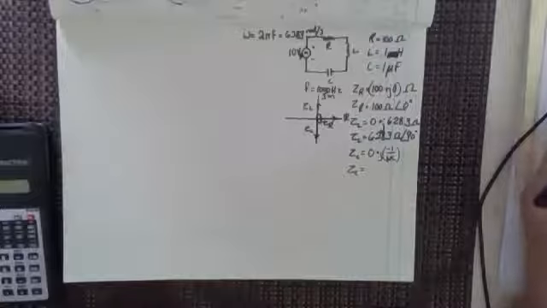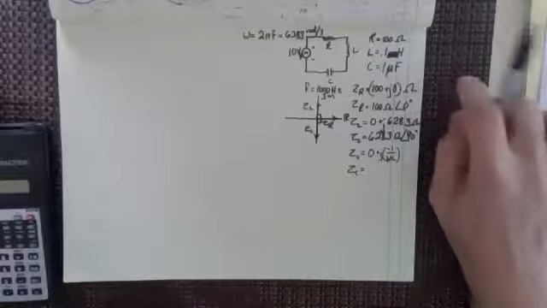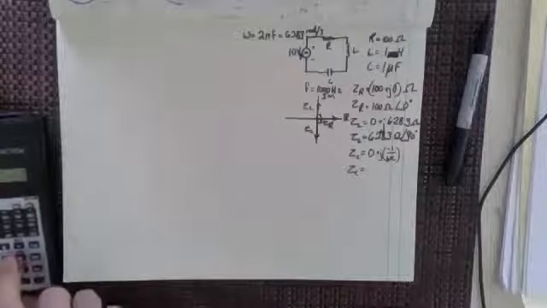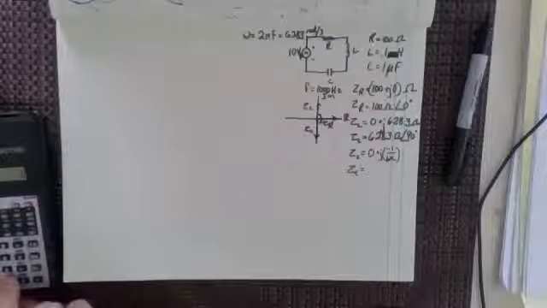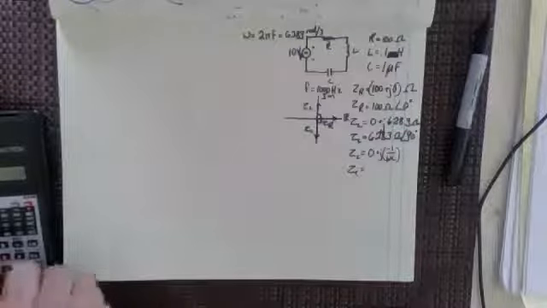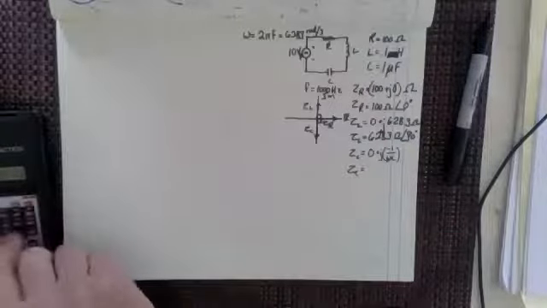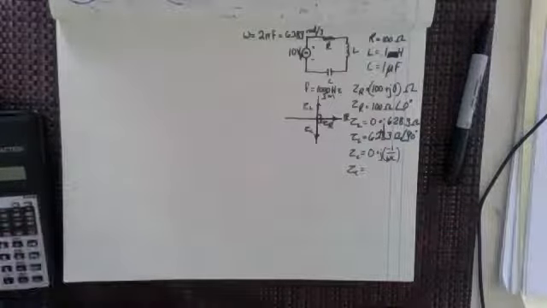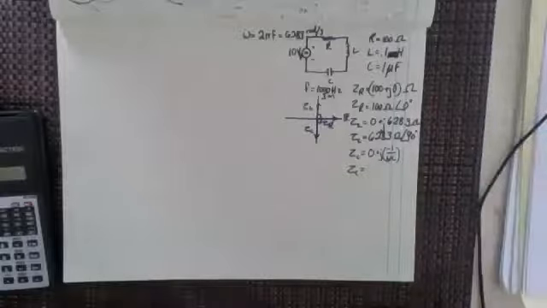Wouldn't that make it 6.283 times 10 to the negative 3? That's right. So if I have 6.283 times 10 to the negative 3, and I take the reciprocal of that because that was 1 over omega, that gives me